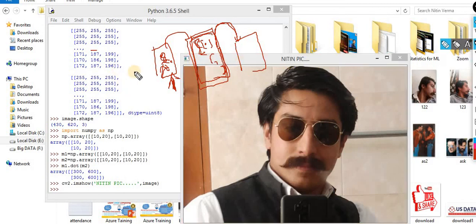What we did, we read an image. When we read an image, the data came in the form of NumPy arrays, and after that we display this image. What exactly the pixel color is, that we display on the screen. So you can imagine this one is the final output, with the help of this imshow; the earlier one was imread. Two functions are there. Now you are familiar with two functions.